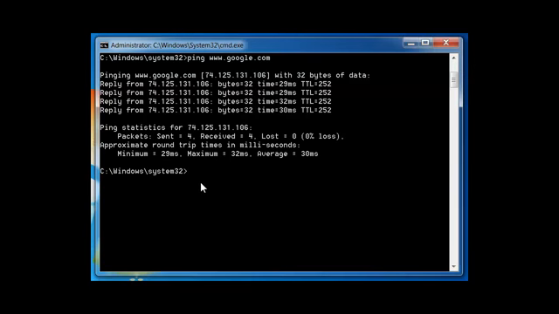Finally, let's ping a device that doesn't exist. This is going to yield the same kind of results as if a device wasn't actually working. So if your router was down and you pinged your router, you were not going to get a response from it. So let's see, ping